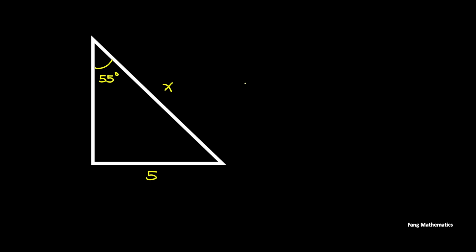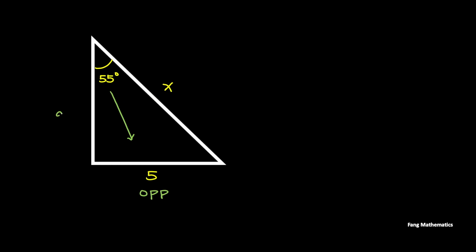Moving on, we are to use the trigonometric function and find the missing side. Let's observe this right-angled triangle. We are to look with respect to the angle that is being given. The first step is for us to name the sides, so opposite to the angle, this side 5 is the opposite side,